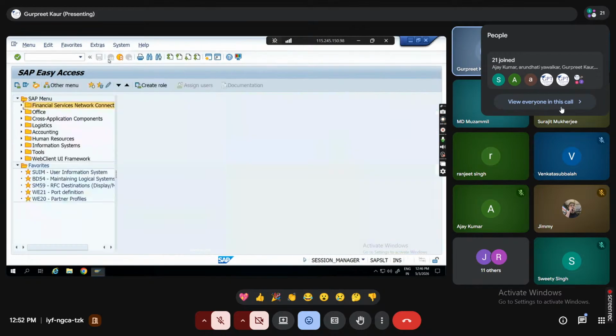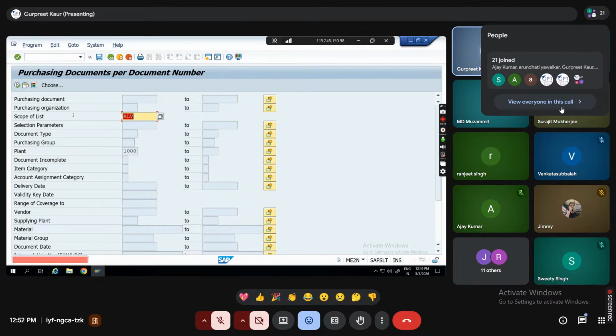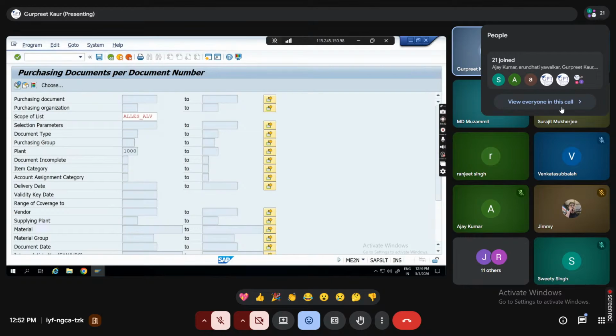Now I will show you the difference in the user experience. Earlier, end users had to download the data. They had to take the dump. For example, for any purchase order, they had to take out this complete data.